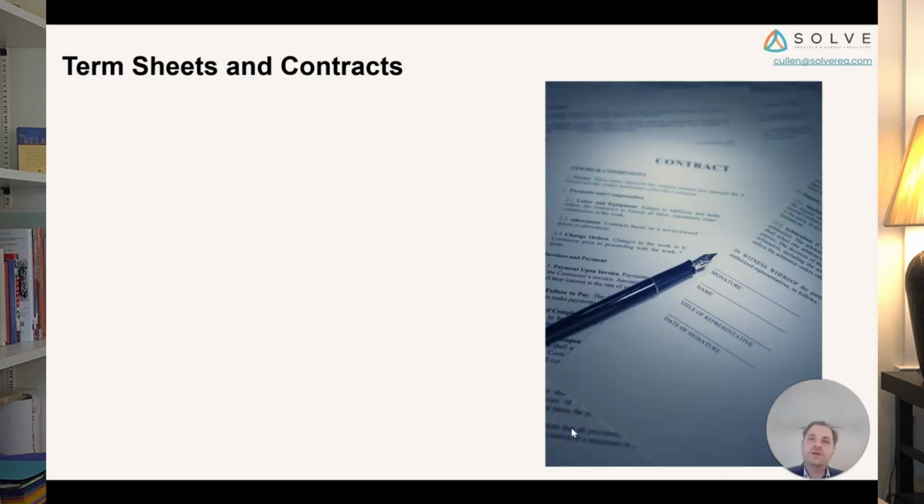Now, term sheets are an important part of securing the deal. Why do we use term sheets? Well, they save a lot of time and trouble in negotiating long legal documents. Legal documents and contracts themselves associated with project finance are time-consuming, long, involved, and rather costly. As far as the time and effort for setting up a project finance facility, it really is establishing those legal documents that takes the most time, effort, and cost.